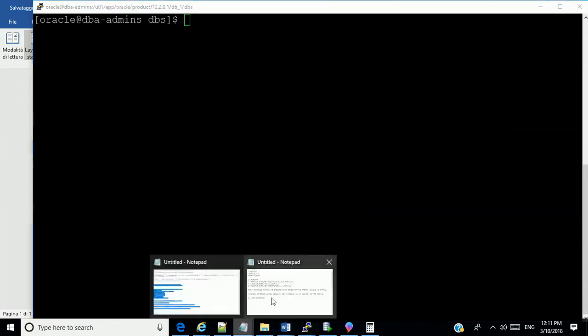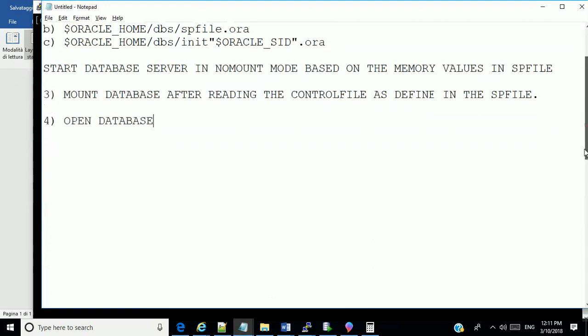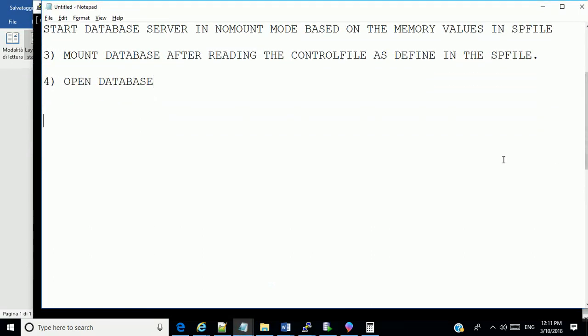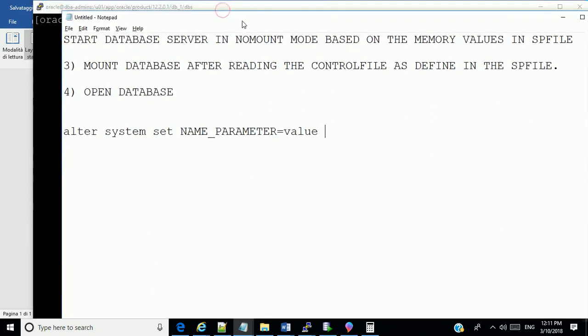Basically, the command you use to modify a server parameter is, you connect to SQL Plus and you say alter system set parameter name equal to a value.